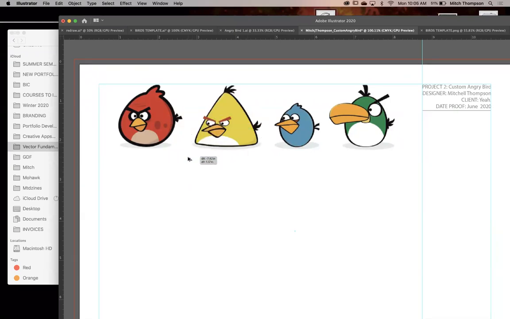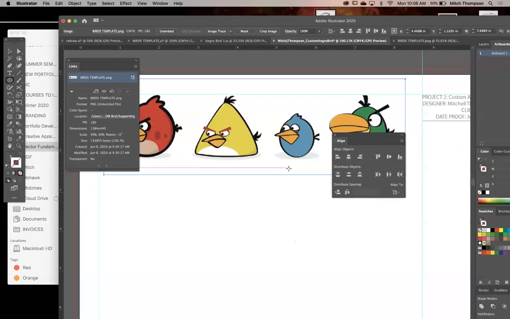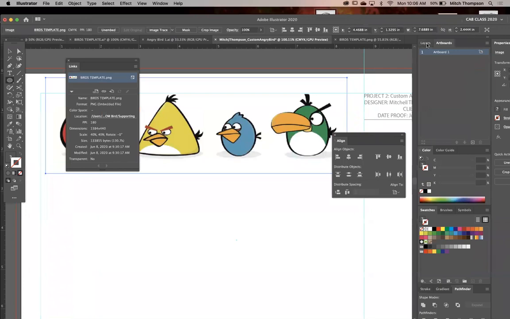If I just place it over here, oopsie. You're going to find what happened. Why? Because of layering. We know the line is underneath these guys because we brought these birds over after we drew the line. So let's try our arrange. Select the image, Command Shift, left bracket. Now notice nothing happened, and you're like, dude, what's going on? I'm hitting Command Shift left bracket, and the reason is because of our layers.